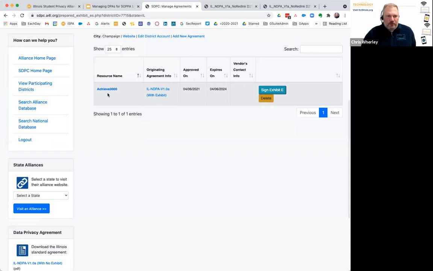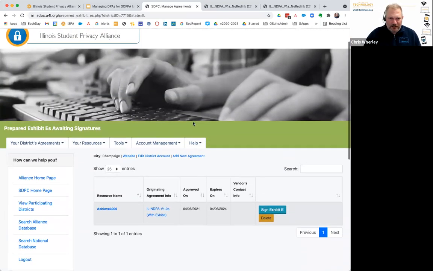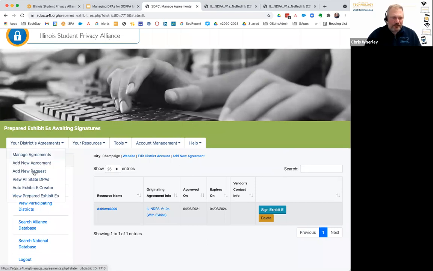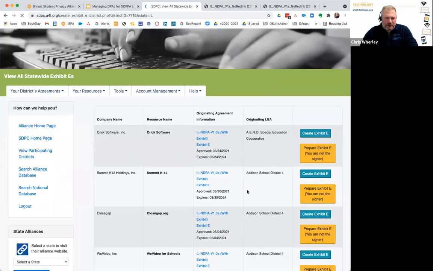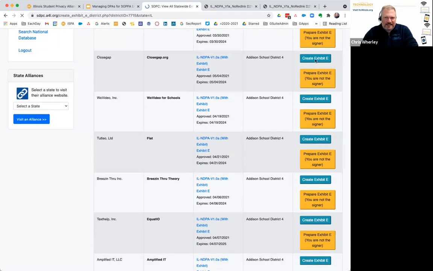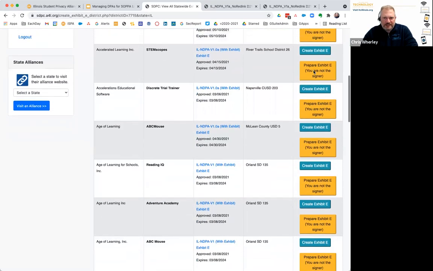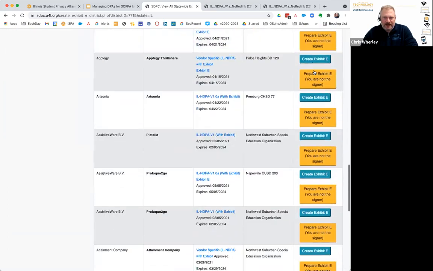And so I myself, if I clicked on sign Exhibit E, it would sign it with my name still. But if the person that's supposed to sign them is logged in, they'll see this choice and they'll be able to sign it, and they'll put in their information. So they don't have to look at this page